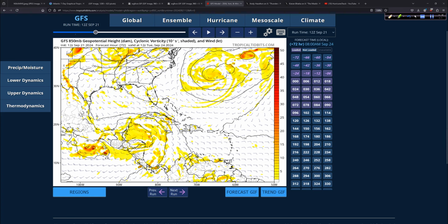A marked increase in the overall, let's use a color that pops better, shall we? A marked increase in the overall structure of the gyre, but does something try to sort of pinch off, if you will? Something like this over here is what we would be looking for, and we're just not seeing that yet. But that doesn't mean that by 72 hours there, that won't be there. I mean, it could be entirely different. We could have an area more concentrated like this, sitting somewhere over here, and that will change the ball game